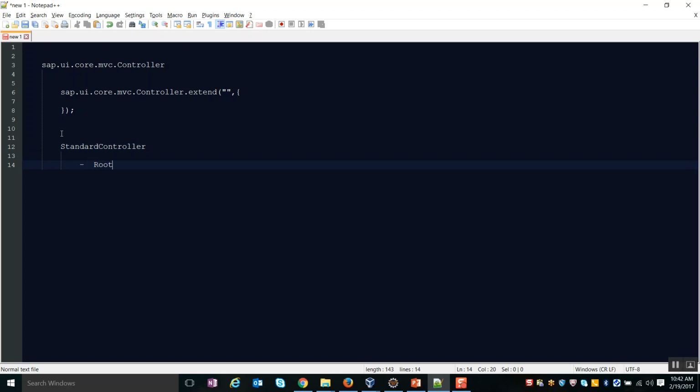For example, it's a root controller over here. Now let us assume that later on I'm going to develop some controllers like master controller or detail controller and so on. So when I do this, all the controllers are going to be inherited from this standard controller class, which means that the standard controller class is going to be the base within which I am going to have this root class inherited, master class inherited and detail class inherited. So all of them are going to be direct child of the standard controller class.